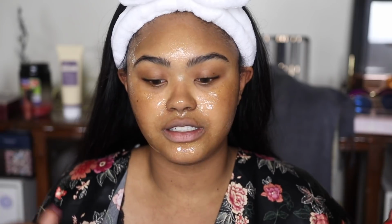Other honey masks I have don't dry down. And if you're trying to do stuff and it just drips down on your face, it's not fun. It's not productive. I got other stuff I'm trying to do and I can't do it because I got stuff dripping on my face. Not cute. So I do appreciate that this is going to dry down and peel off and be easy to clean up